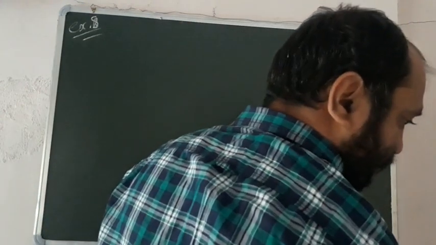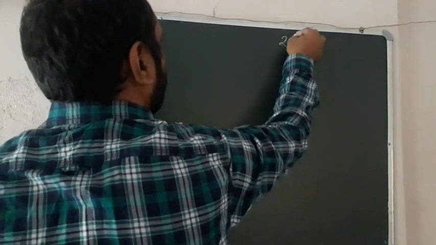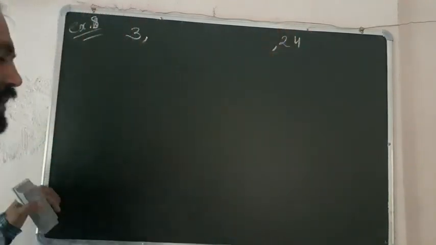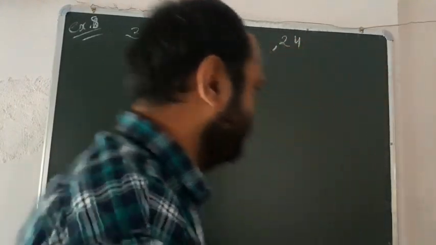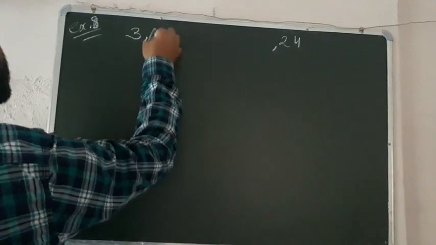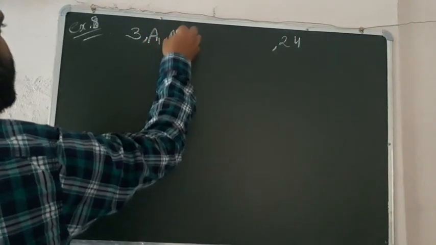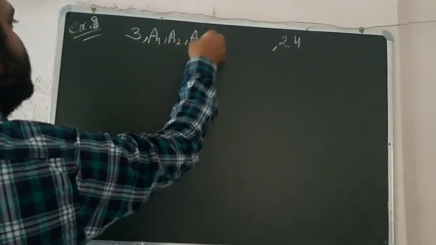Between 3 and 24 we have to insert 6 numbers. The first number is 3, the last number is 24, and between them we have to insert 6 AMs. So you can insert the 6 AMs, A1, A2, A3,